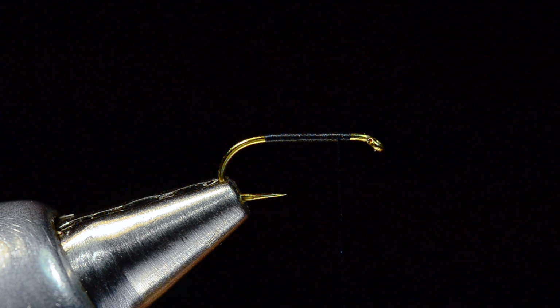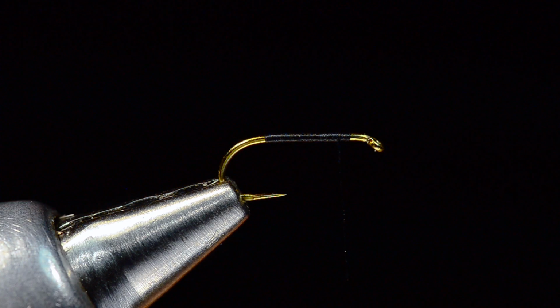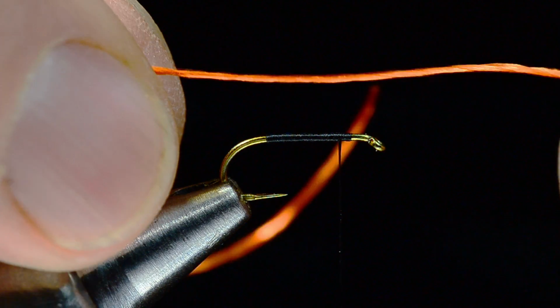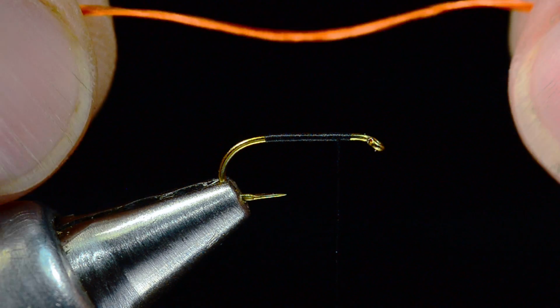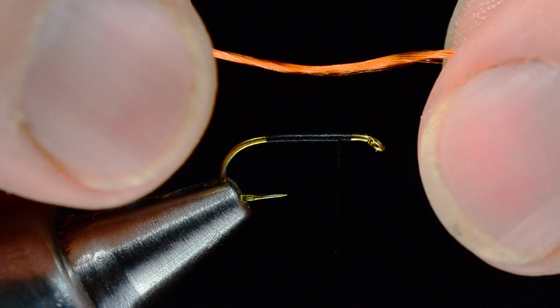And for the body, I'm going to use some rayon floss. This is Unifloss, and I'll use orange, but you could use whatever color you like. I'm going to cut about a 6-inch section off, and you can see this strand is fairly thick, and for this size fly I could probably get away with the whole strand, but I want to show you, if you want to tie these smaller, how to separate this